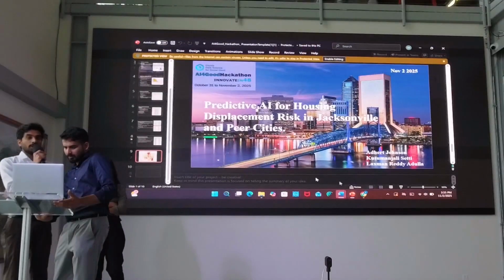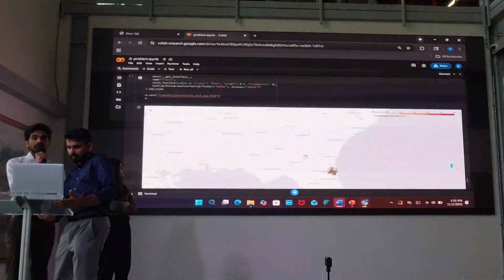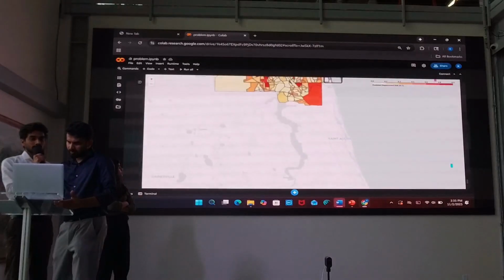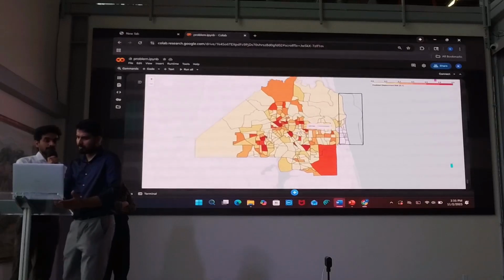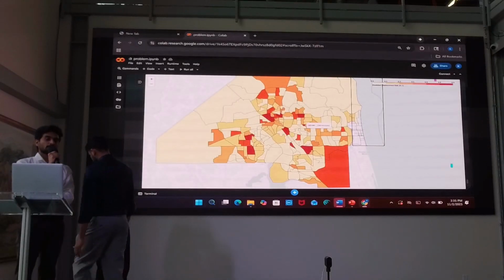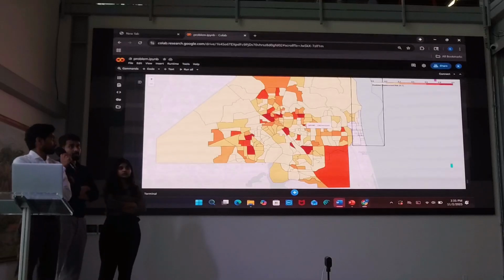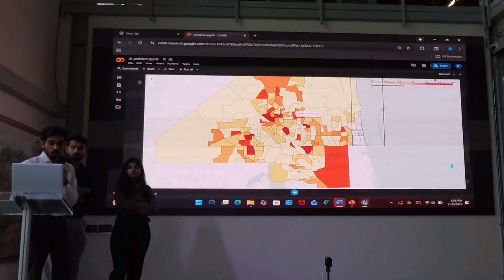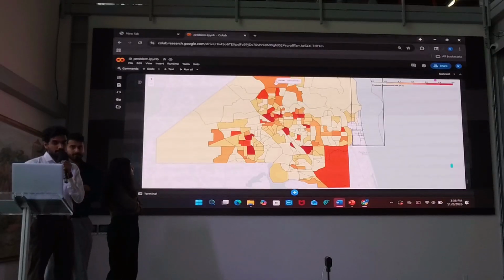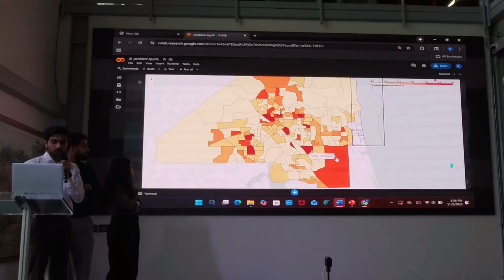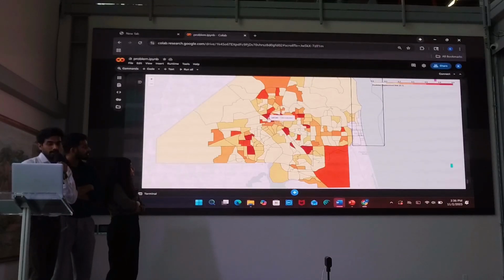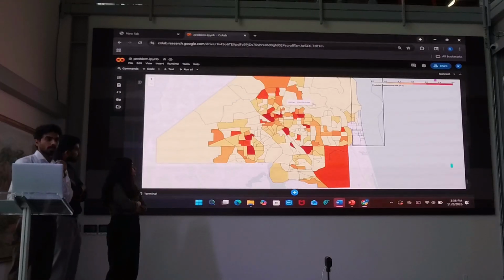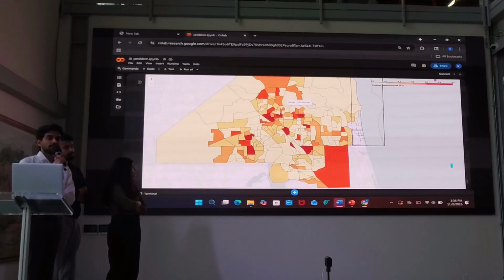At the end, we have created a predictive AI model which takes raw housing data and gives the output as partitions, with insights for policymakers to invest in the places. This is the output we got. It shows the different geo IDs, where the darker color indicates more risk and the lighter color indicates less risk. The overall model accuracy achieved is 80%.